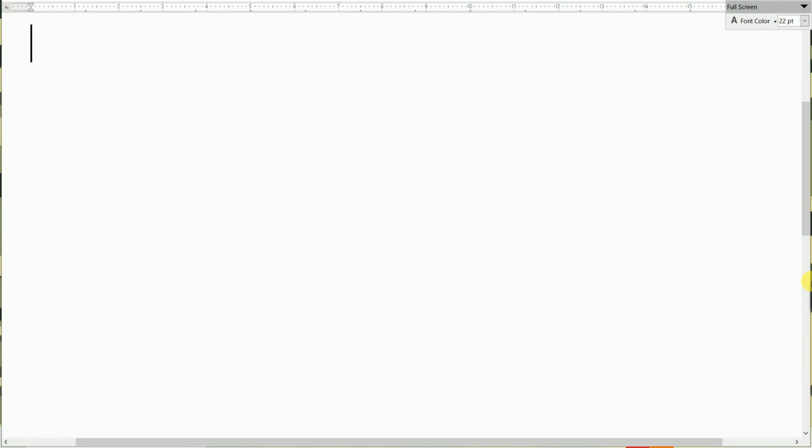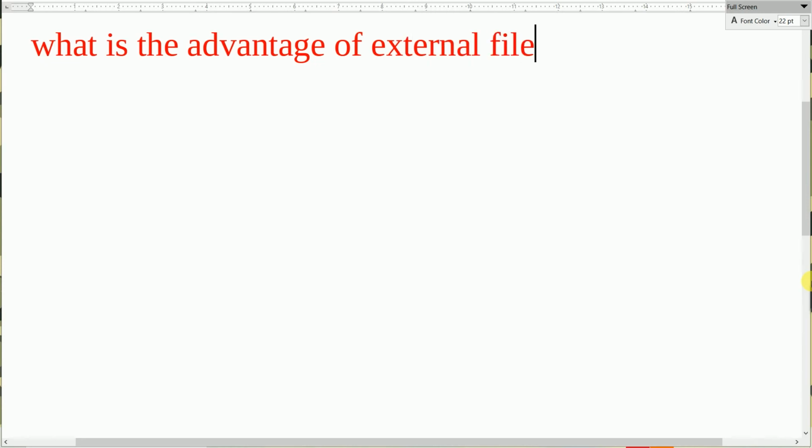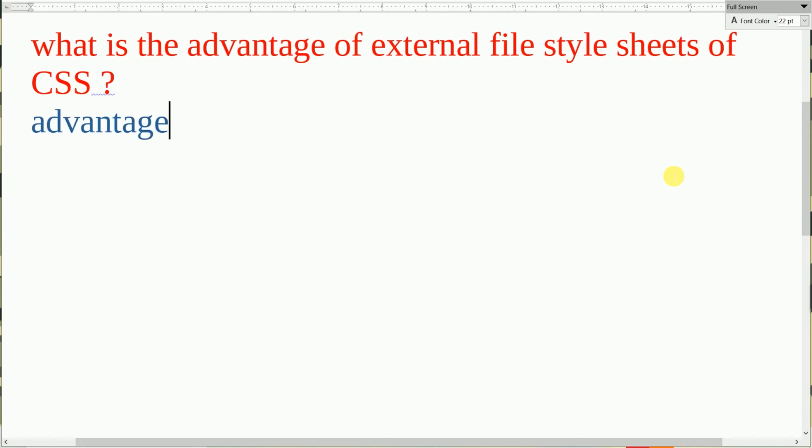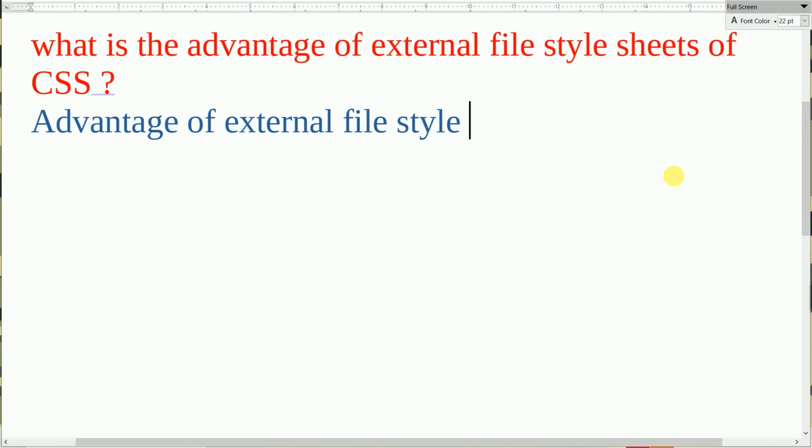Basically, the advantage of external file style sheets of CSS is